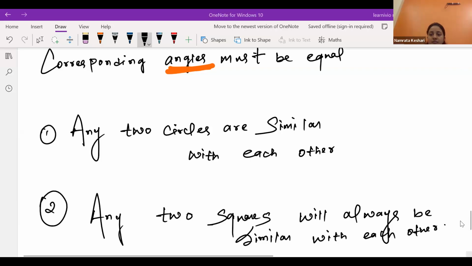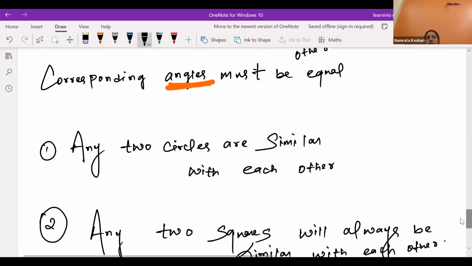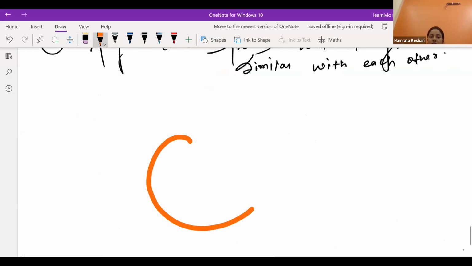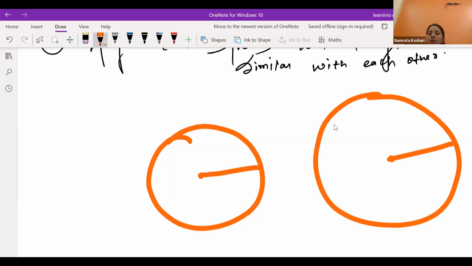Ma'am, can you explain how the two circles are similar again? Okay, when we are talking about other shapes, the condition for similarity is that all sides must be maintaining the same ratio, right? Yes, ma'am. And all corresponding angles have to be the same. When we are discussing a circle, we cannot see any other side, right? So many sides are not there. Circle's dimension means we are talking about the radius of the circle,